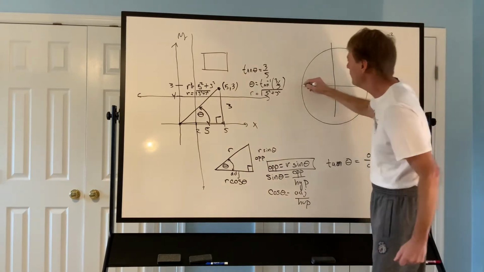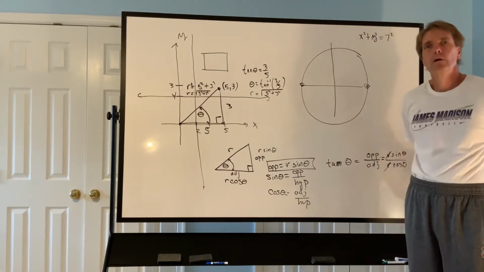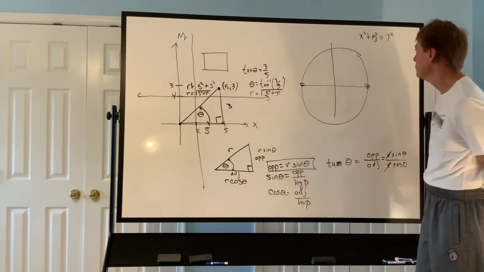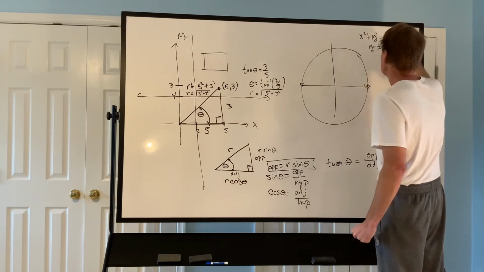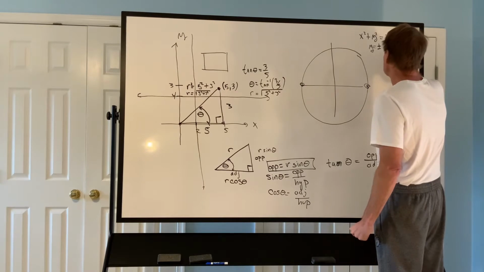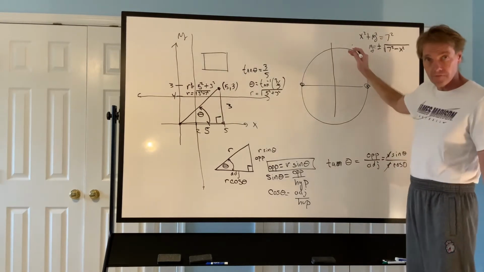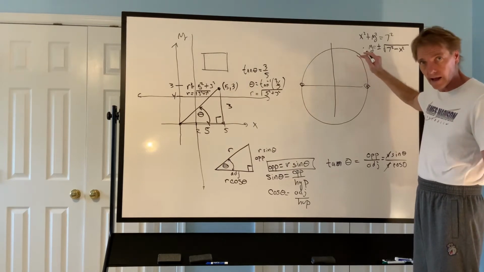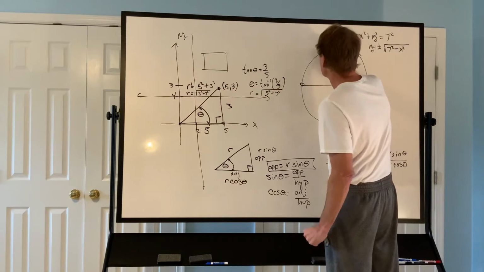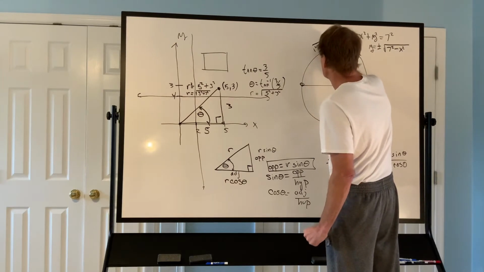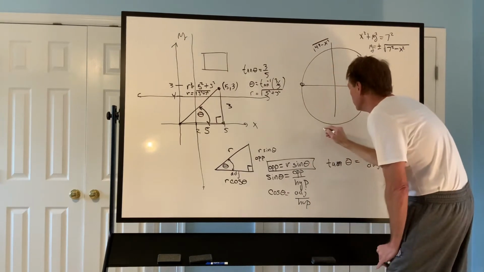If I'm thinking about this in terms of my Cartesian coordinate system, this would mean that y is equal to plus or minus the square root of 7 squared minus x squared. It's definitely not a function as far as x is concerned, but I can think of this as two functions. The top part is the plus square root of 49 minus x squared. The bottom part is minus